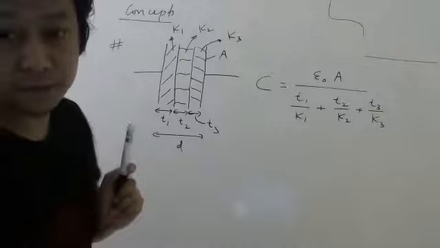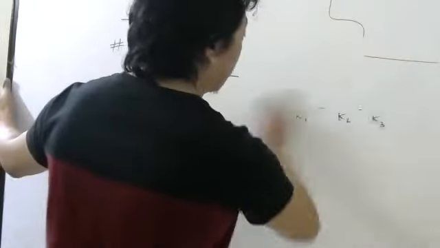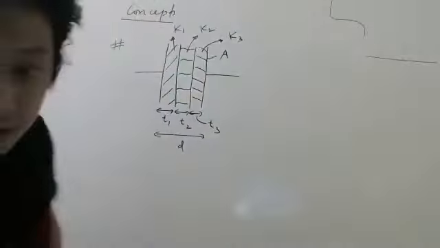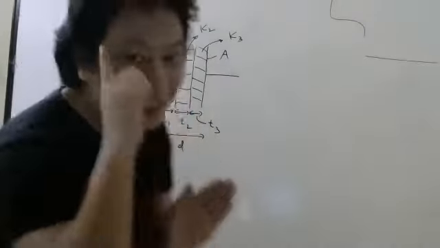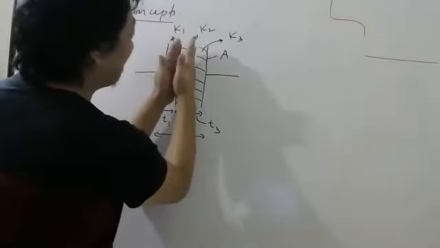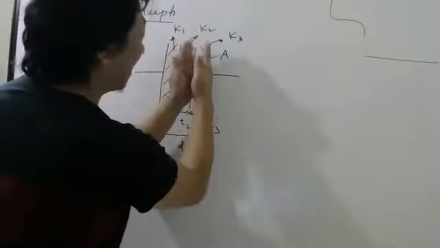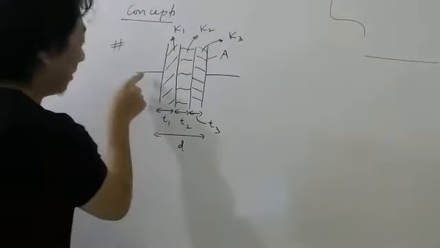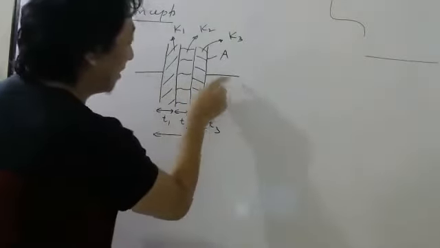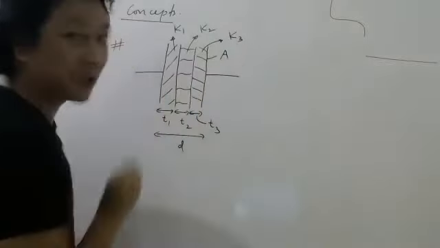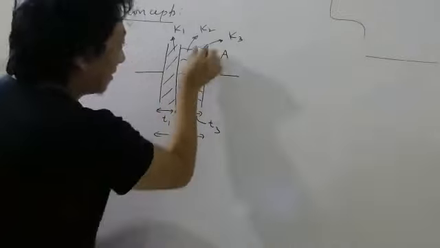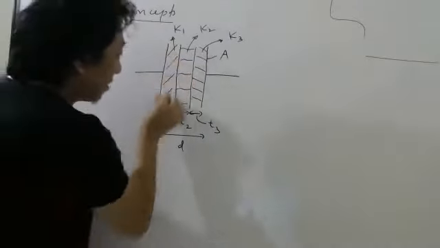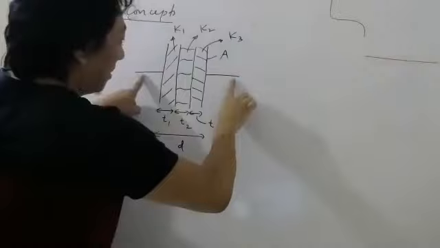Okay. So let me now explain how the formula will come. Now look carefully, students. This part I can think as one capacitor, this part as one capacitor, and this part as one capacitor. Now if I look carefully between this terminal and this terminal, these capacitors are in series or parallel? If I consider these three capacitors between these two terminals, I can imagine them in series or parallel.